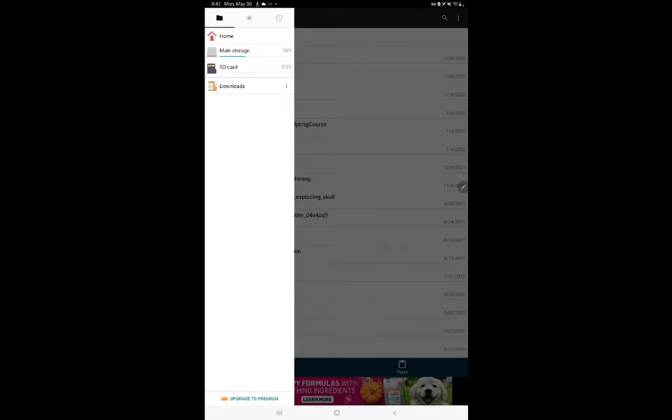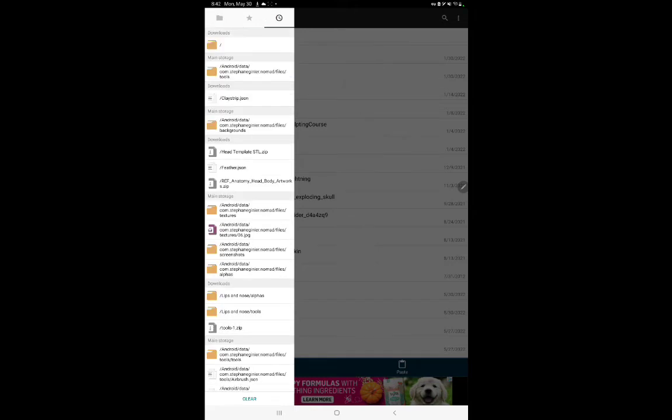If you're an Android user, you have to tell your device to show hidden files. And once you do that, then this particular file manager will access that. They all don't, but this will. So now in my case, I can use the recent button, and this is what you're looking for. You're looking for Android data